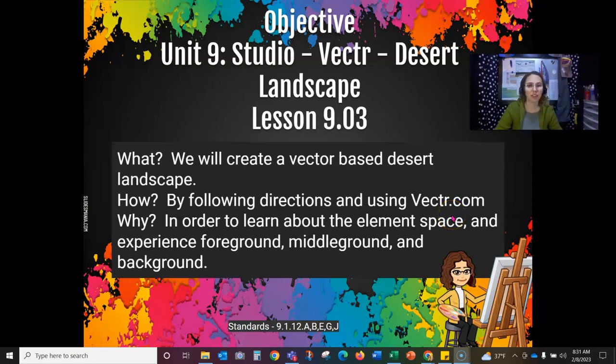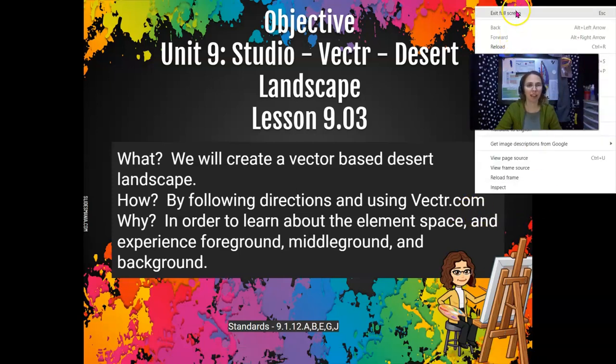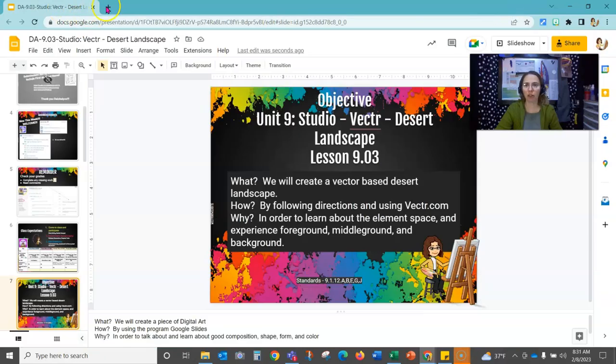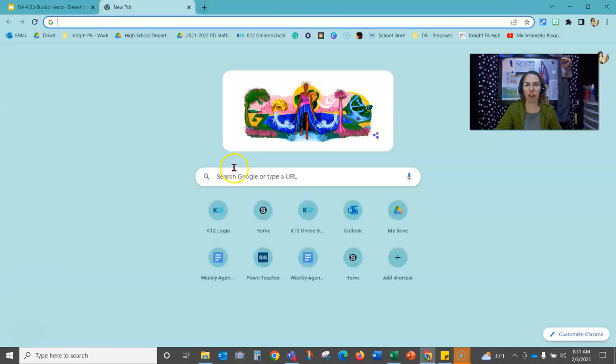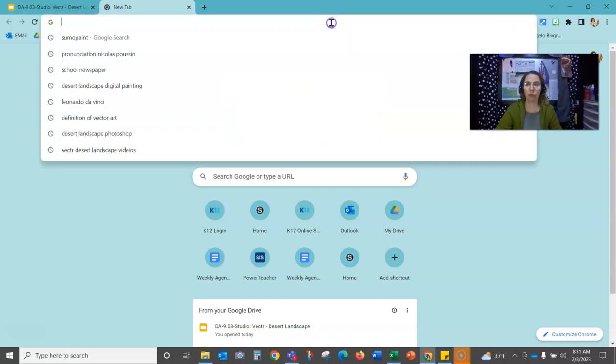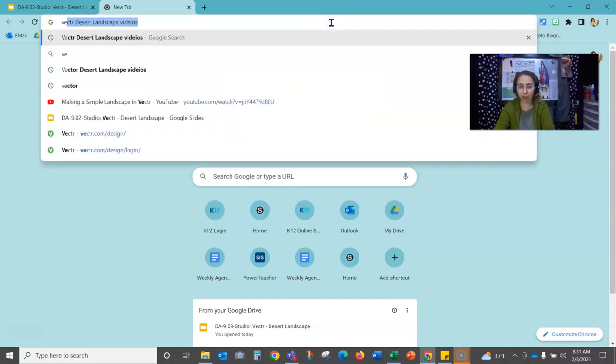Hello and welcome. So today we are going to start creating our vector desert landscape. So let's go ahead and take a look. We're going to start by opening up a new tab in our browser. We're going to then go to